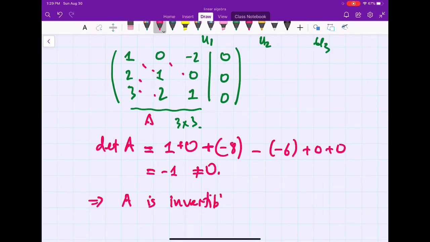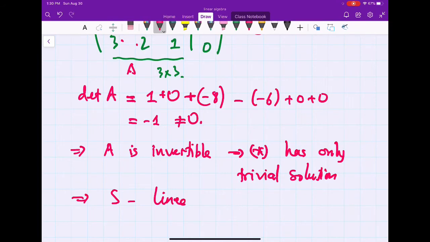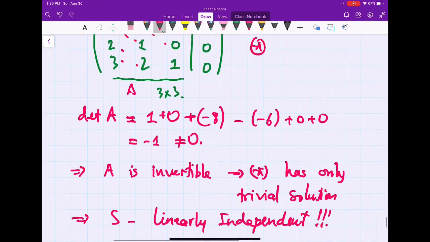Or actually we know that the system star has only the trivial solution. So that means, from here I get S is linearly independent. You see, it is pretty easy. So basically,